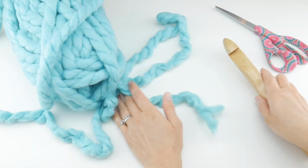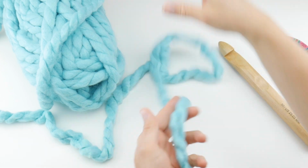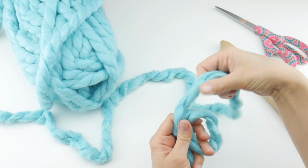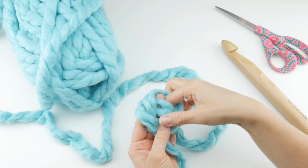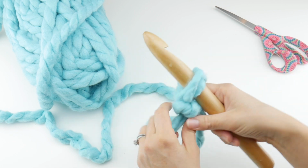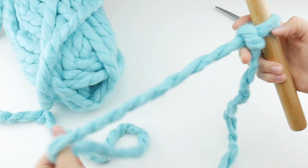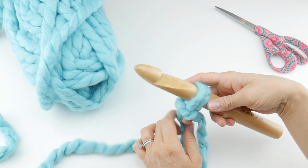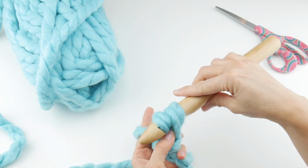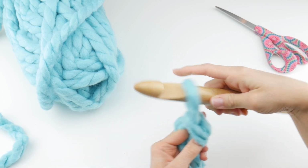Okay, to begin, we're going to put a slip knot on our hook. So take the yarn and wrap it around your fingers to make a loop. Bring the yarn behind the loop, reach in, and bring up a loop. And then we're ready to get started. Our blanket has a starting chain of 30. So what we're going to do is wrap the yarn around the hook and bring it through the loop. That's 1,